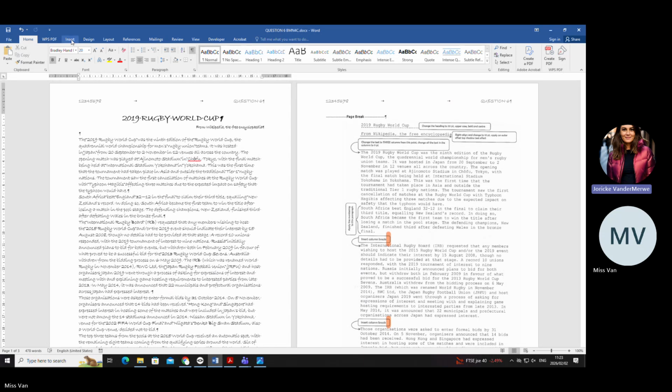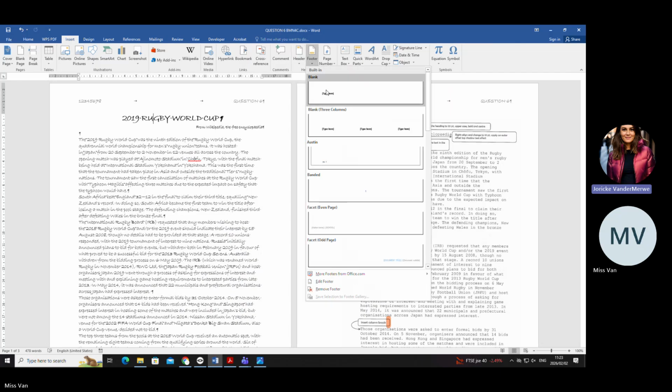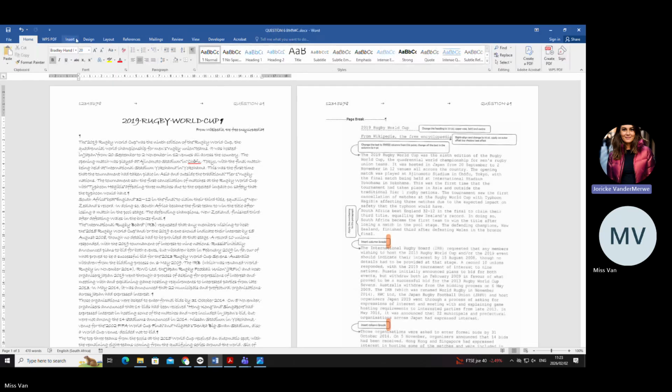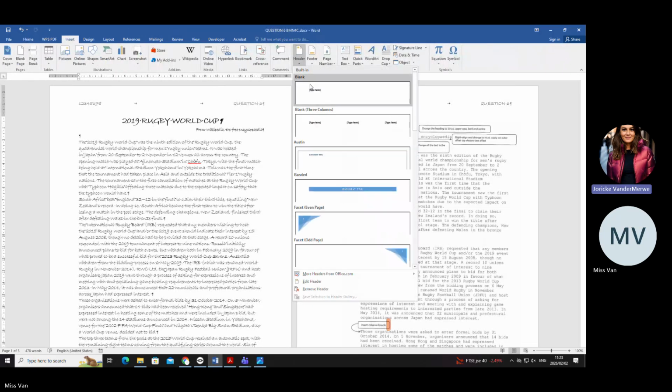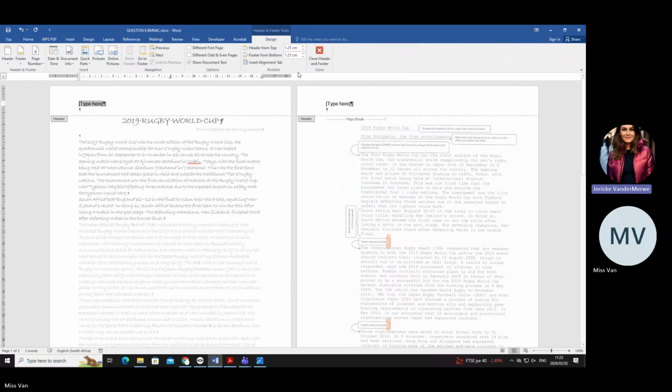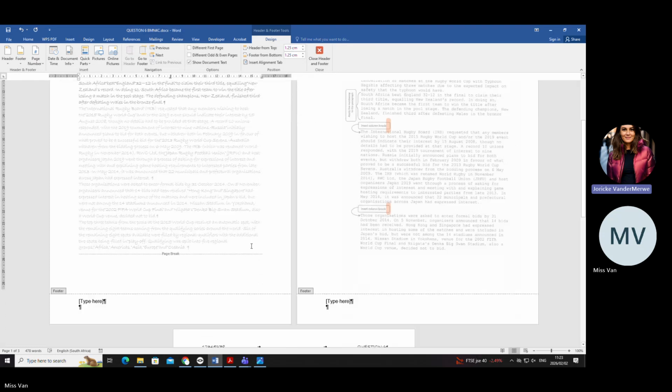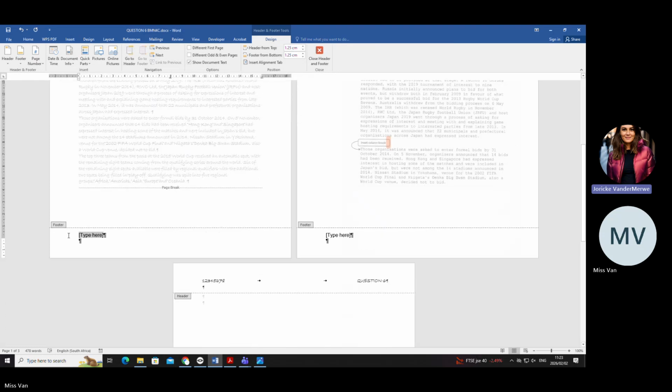Darlings, now look here. If I go to insert footer, okay, my header is still fine. So that is okay. But if I had to do that with my header, now I had to go and say insert header, then you see it's going to be gone. Then you have to redo it again. That's why I'm trying to explain to you to use my double click method, please. So don't do the insert if you don't have to.